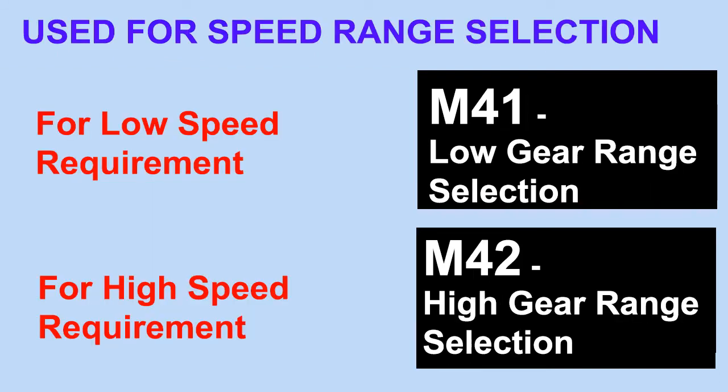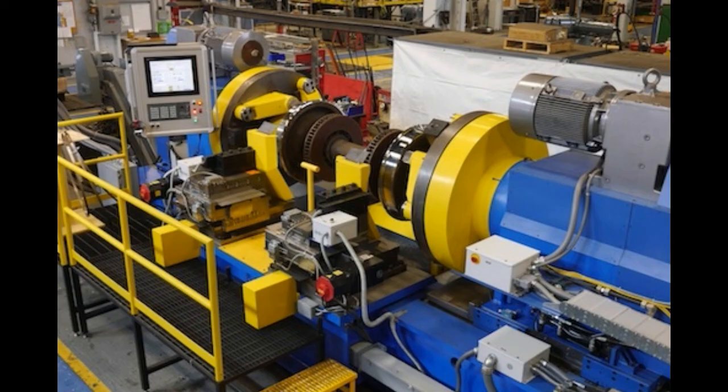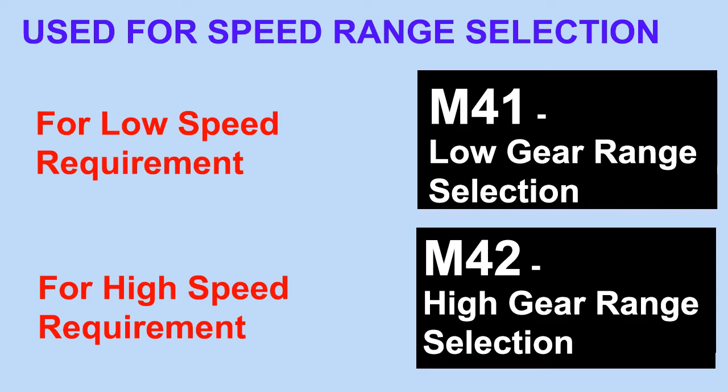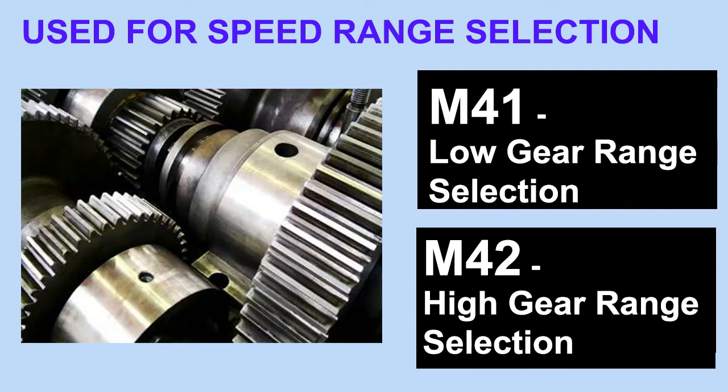Next we have M41 and M42. CNC lathe machines can work at low spindle speeds like 100 to 200 rpm, and sometimes they need to work at 5000 rpm. To work with bigger diameters, we need low rpm due to the requirement of rigidity of the job between chuck and tailstock. Similarly, with finishing operations, we normally use higher spindle speed. This increasing and decreasing of speed is done by gears. So for that, CNC lathe machines come with a gearbox attached, usually with 2 gears. M41 is for low gear range selection to decrease the speed, and M42 for higher gear selection to increase the speed.